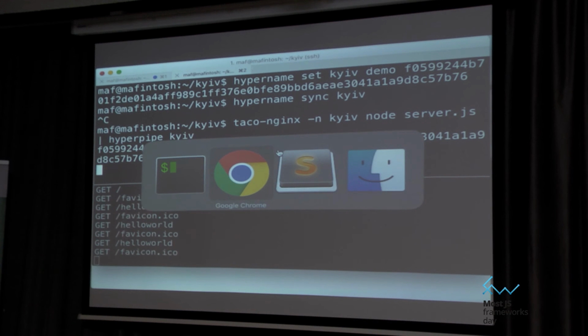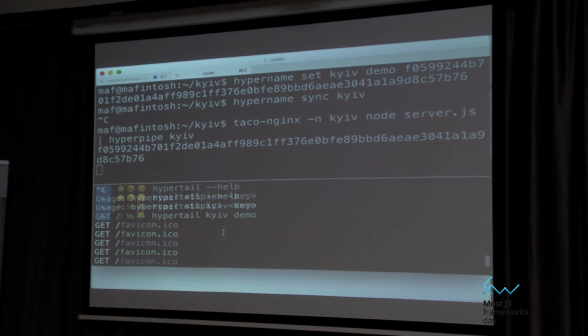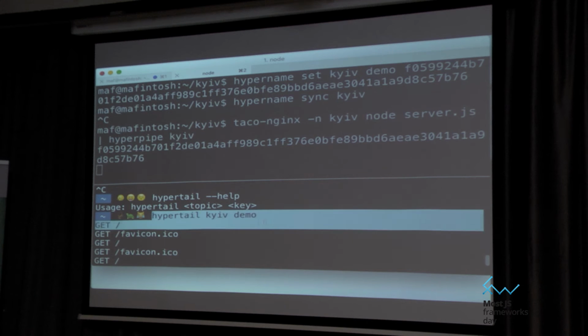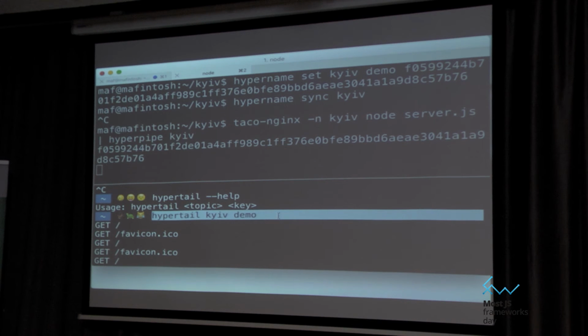Let's try it again. There you go. So then it basically allows you to use this cool one-liner instead of having to remember any of the keys once you set it up once. So that's kind of nice. So we use this all the time now.